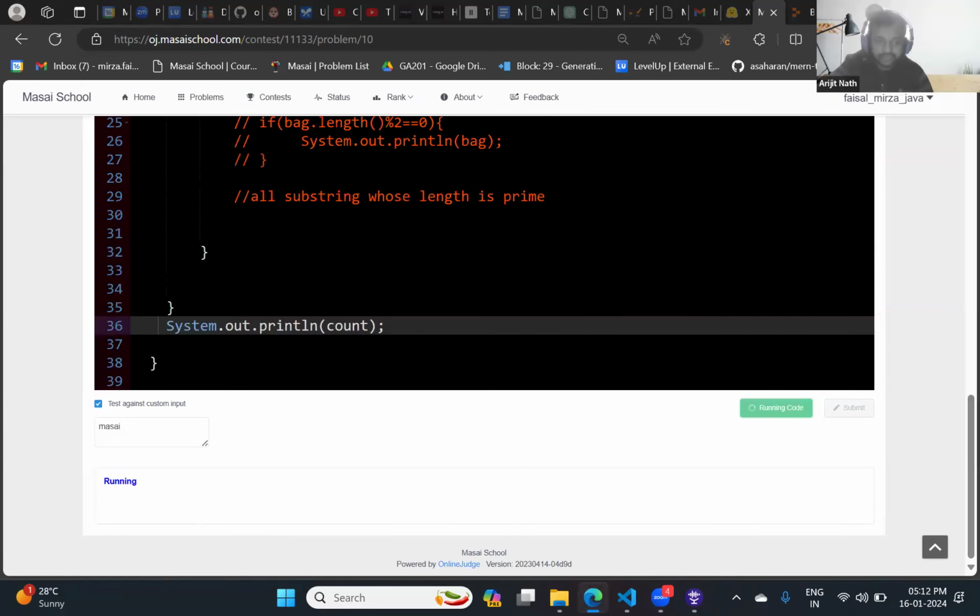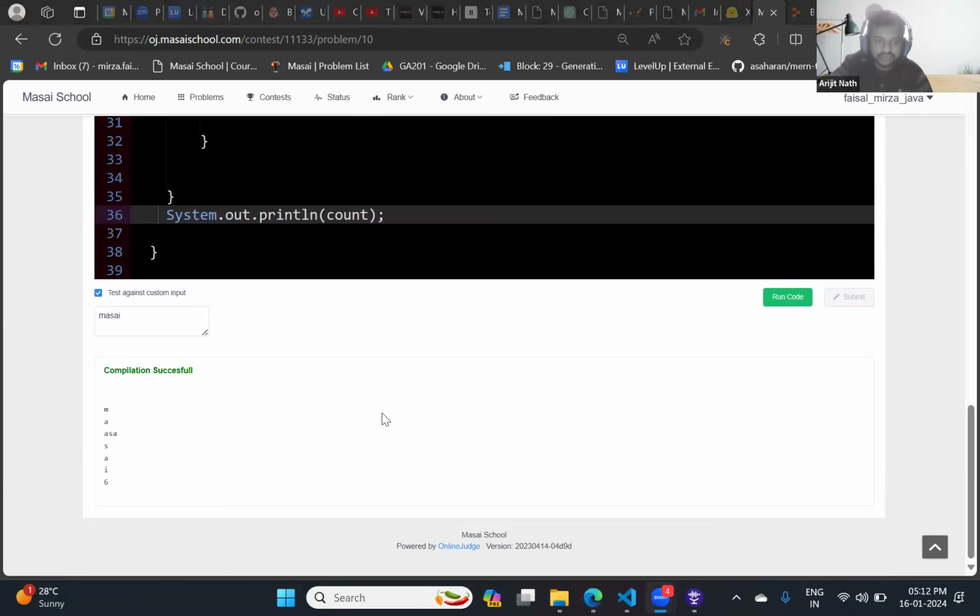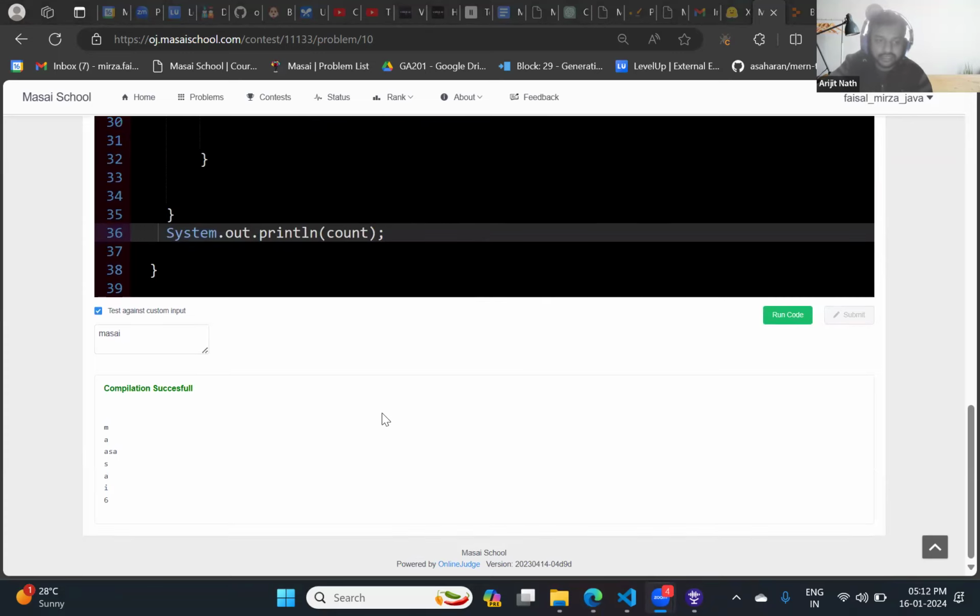Yes, sir. My question is why it's showing 6? Because if I count the substrings, the first one and last one are the same. So if we count am and so, that's what I'm a little bit confused about, sir. How is it counting 6? So how many substrings are getting printed? 6.